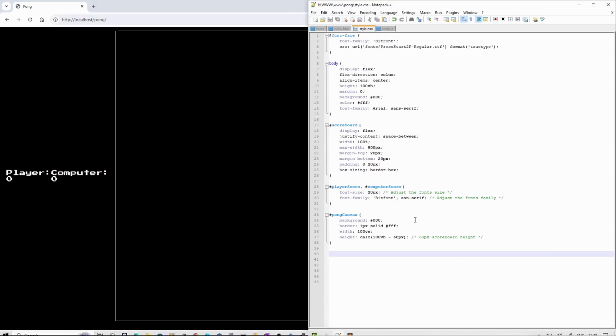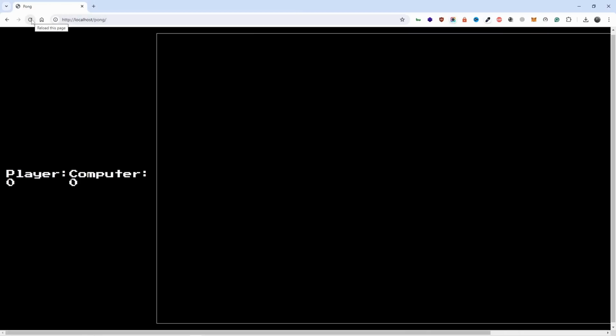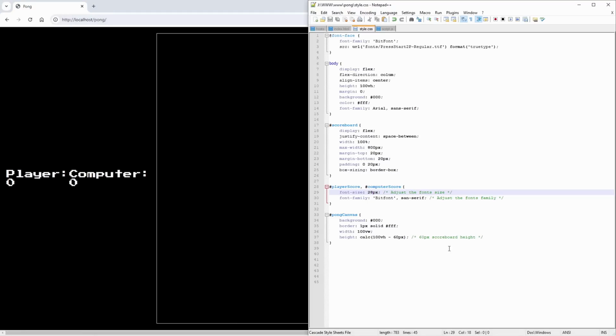Let me go back here. All right, let's change that. 28. Save that. All right, it looks much better, bigger. Okay. Top hasn't changed there, so